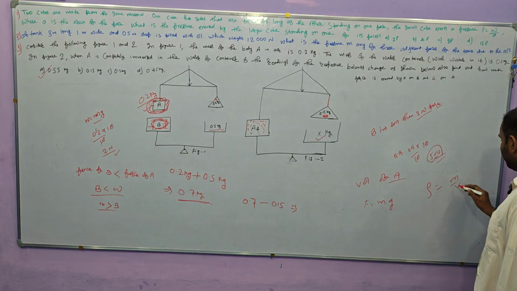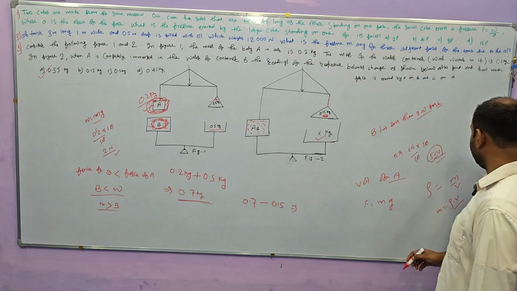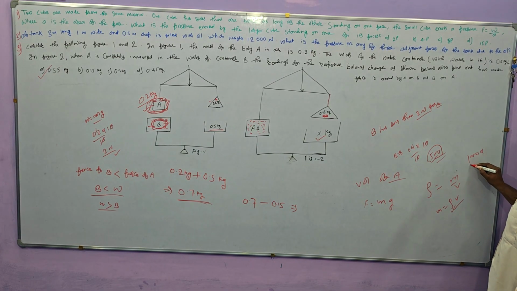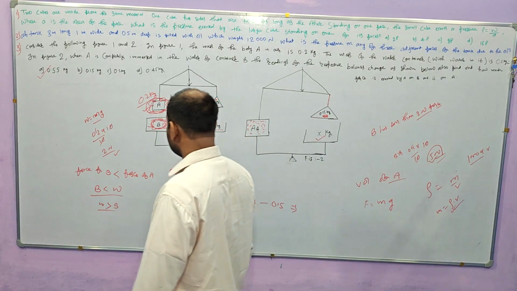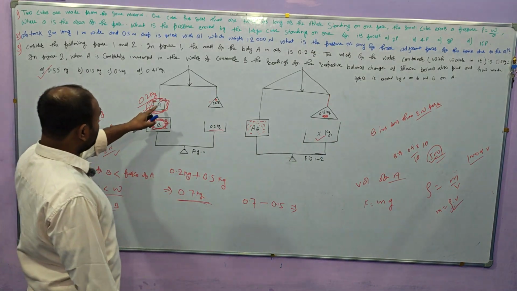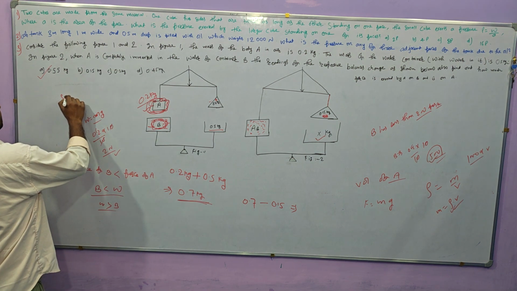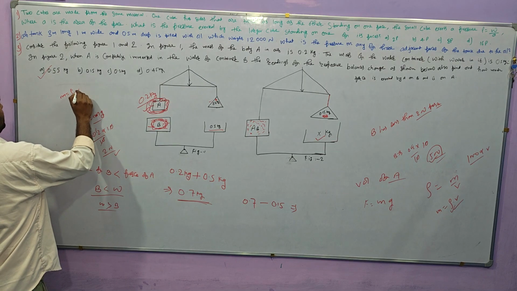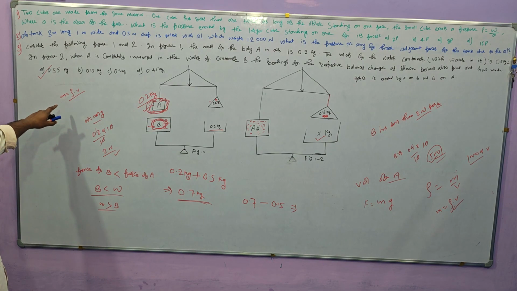Then we just relate m is equal to rho into V, and we know water density is 1000 kg, and we just need to find out volume, and no volume of this, so it has also mass is equal to rho into V, and here there is mass